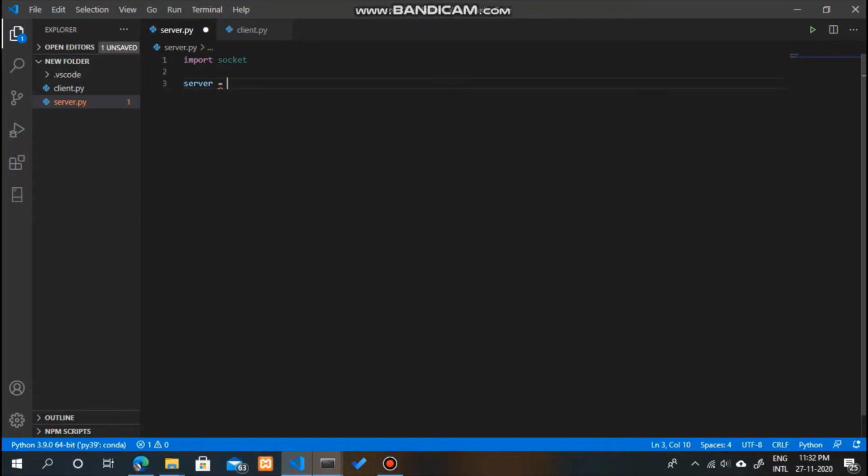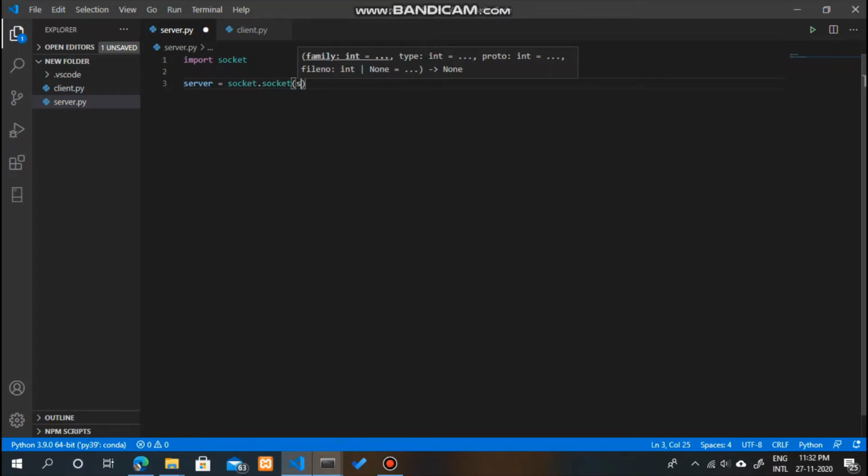To create the server, we have to use socket.socket. This is actually a function which takes two parameters.